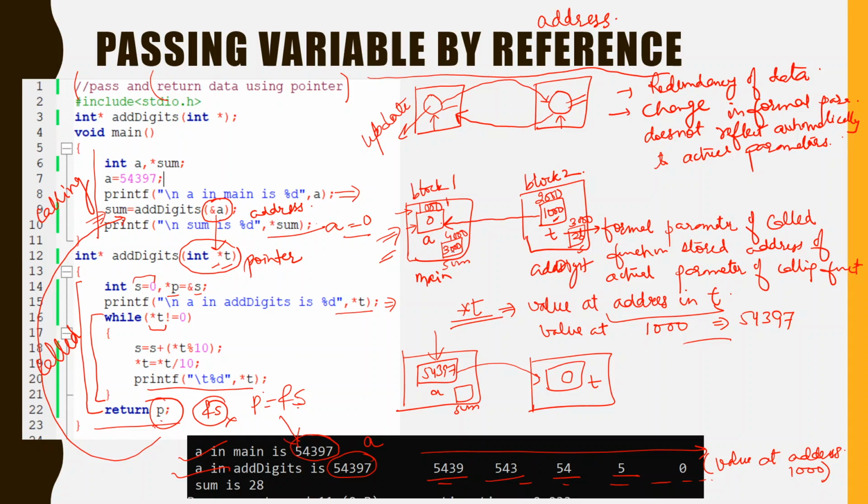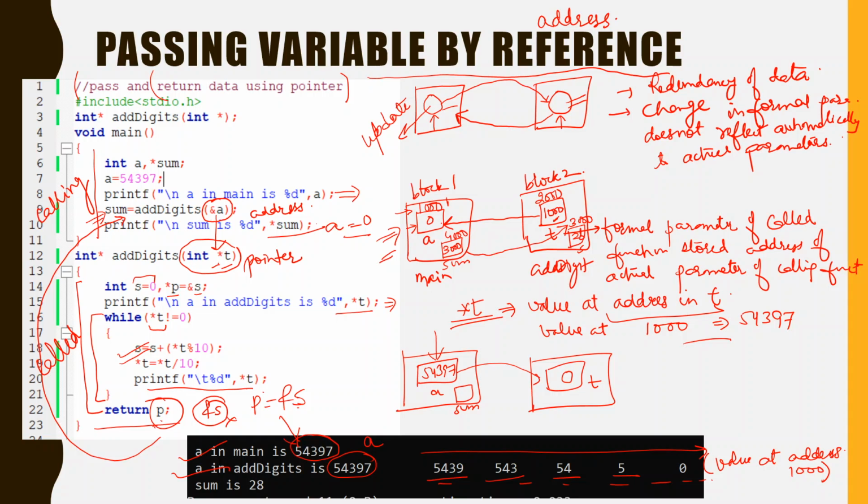You can see that the actual sum, which was 28, has never been passed. It has passed only the address. As soon as this address is passed, the pointer sum starts pointing to the variable s of block 2. So a relationship between block 1 and block 2 is created. The variable s stands here and stores 28, and this 28 has never been passed from the called to the calling function. It has never been returned.